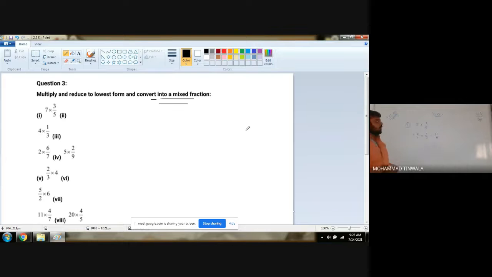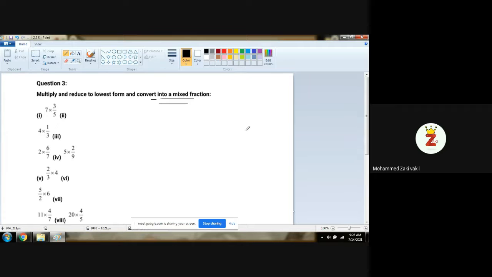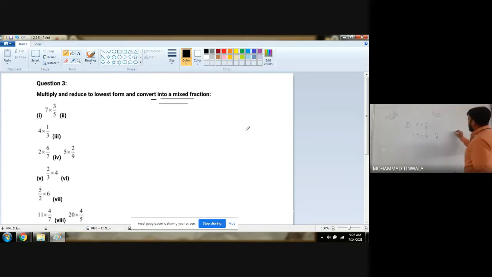No, sir. So what do we have to do here? We can keep this as our answer? No, sir. Can we keep it? No. So what do we have to do? Convert that into a mixed fraction. 5 4s are 20. 1 will be the remainder. So 4 integer 1 upon 5 is our answer. So first sum, 4 integer 1 upon 5 as our answer.